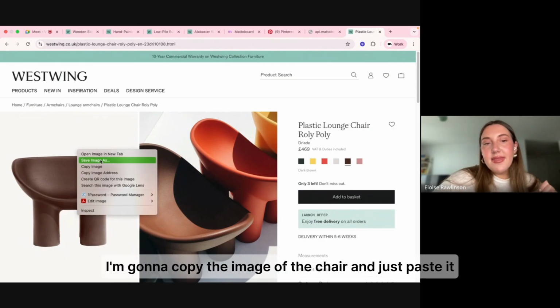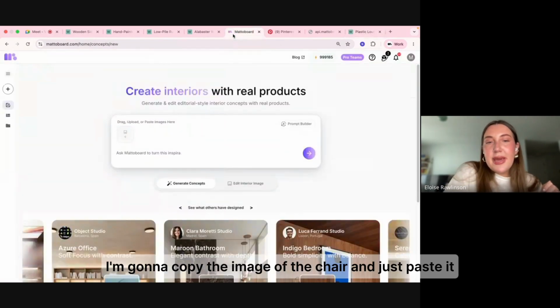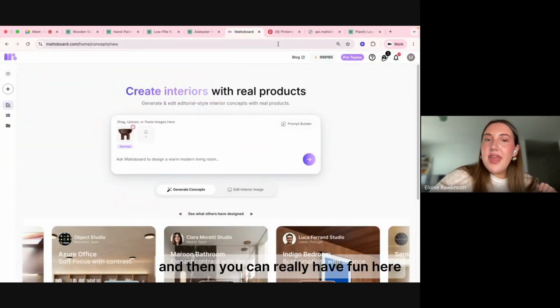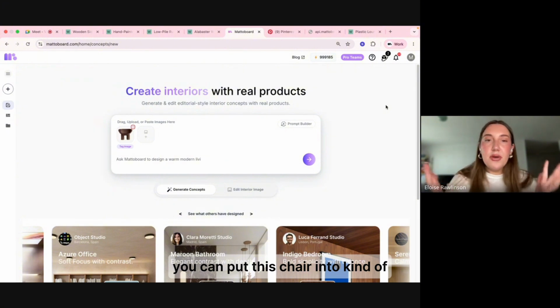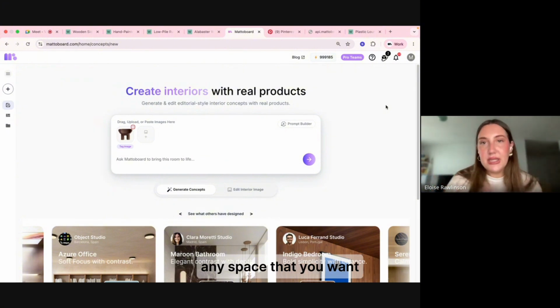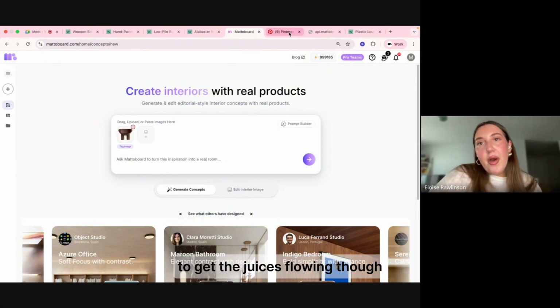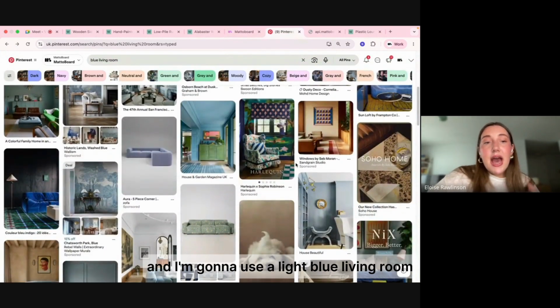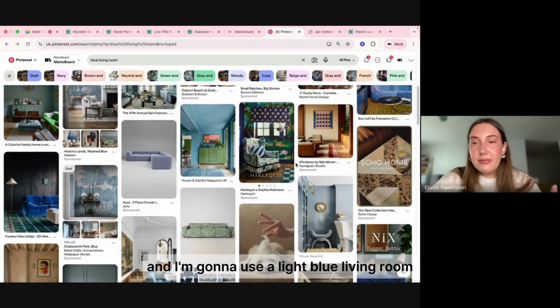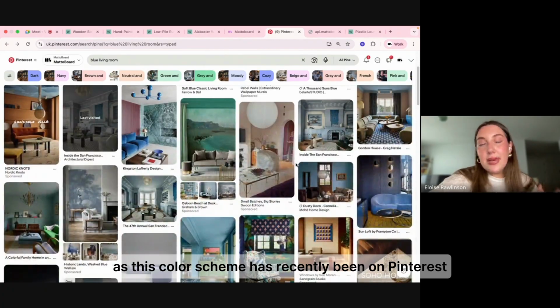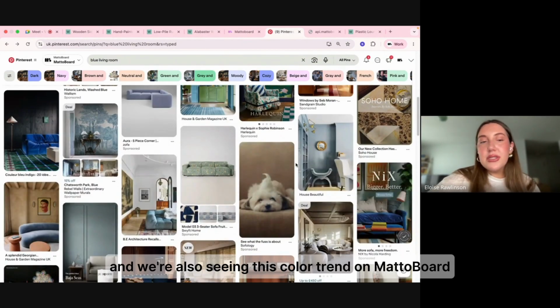I'm going to copy the image of the chair and just paste it into the prompt box. And then you can really have fun here. You can put this chair into kind of any space that you want. To get the juices flowing though, we will start with Pinterest, and I'm going to use a light blue living room